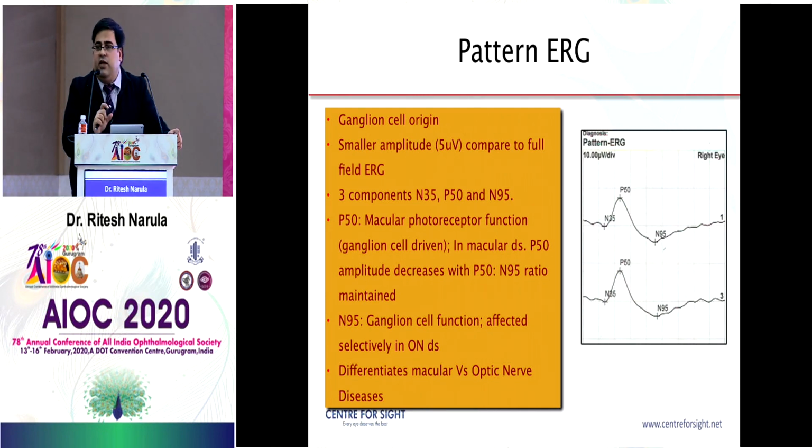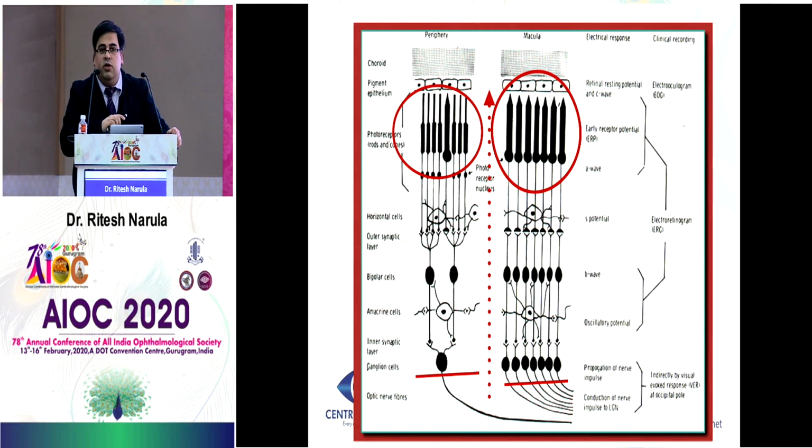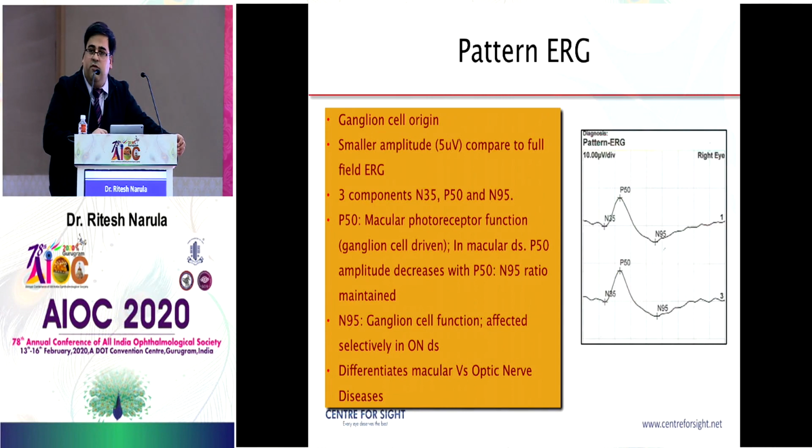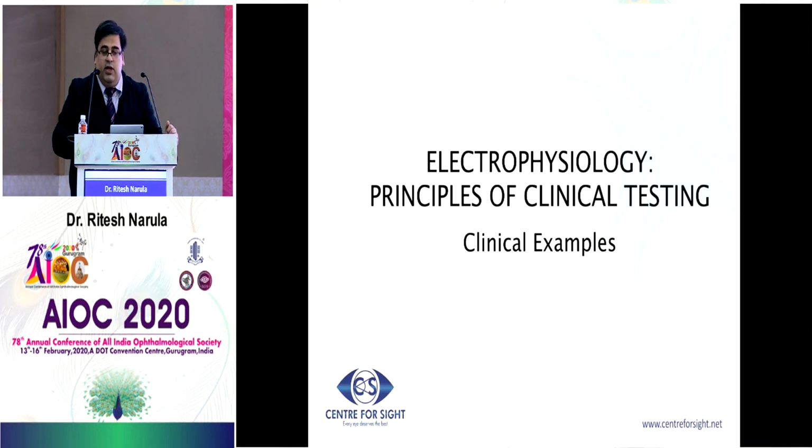But then you would say, why ganglion cell function only from macular or a pattern ERG that we are looking at? Remember the previous diagram where I showed you? Look at the ganglion cell. Most of the optic nerve is made of ganglion cells coming from the macula. The periphery contributes very little in terms of number of ganglion cells. So if your macular test is picking up ganglion cell function, that is good enough in terms of overall ganglion cell optic nerve function, because 95% of ganglion cells come from the macular area. Now let's try and do a few examples on this ERG, whatever we have learned.